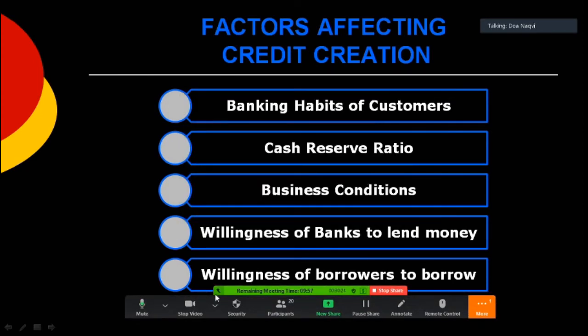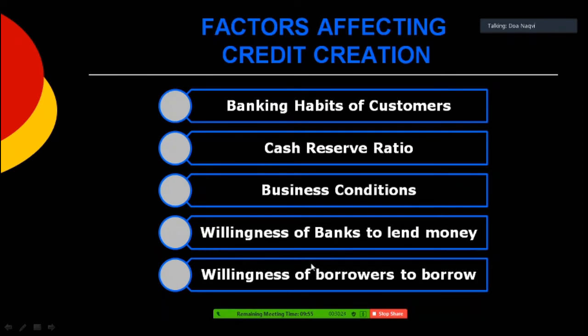That is also one of the factors that decides the amount of credit created, and willingness of the borrowers also to borrow. For example, in today's scenario, if we talk about, then both the willingnesses are not there. Banks are not willing to lend money, and neither are borrowers wanting to borrow, because what will they do with that kind of loan amount? The economy has come to a standstill. We don't know what the future is going to be like. So the situation is so non-conducive that neither the banks are willing to lend money nor are the borrowers willing to borrow. So that kind of situation also results in creation of lesser and lesser credit in the economy.